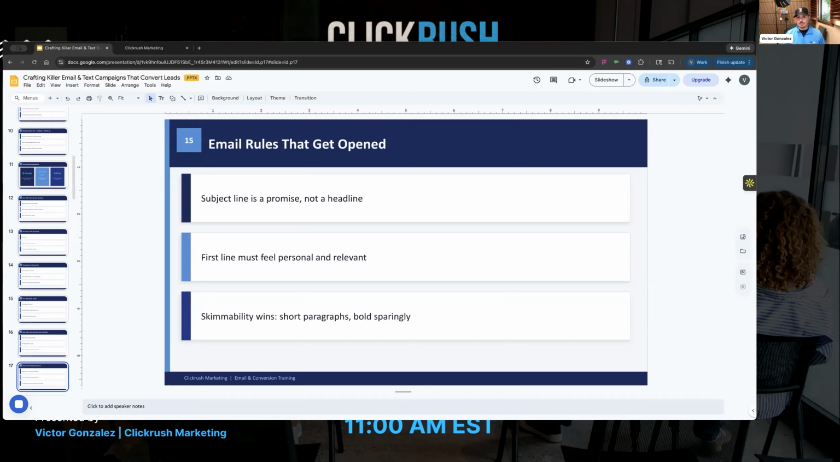So here are some email rules that help you get opened emails. Your subject line is a promise, not a headline. Okay. So, like I said, we spoke earlier about if you sell car insurance and you know that you have a 3% discount for auto pay and a 5% discount for telematics for the first 6 months, put that as the subject line because it's a guarantee that you can promise if they take advantage of those, you know exactly